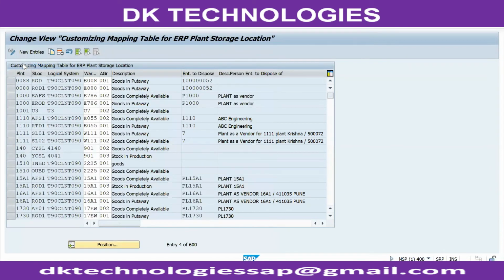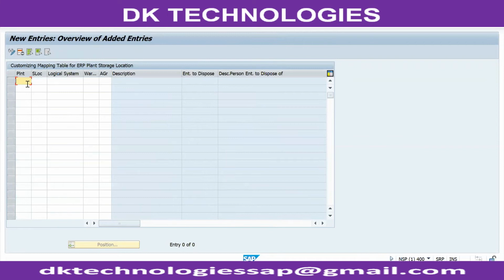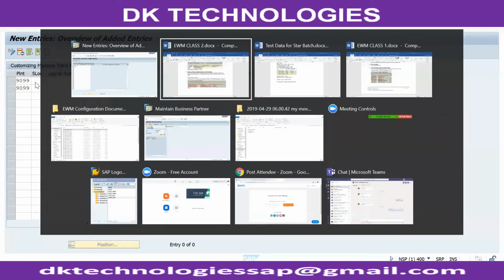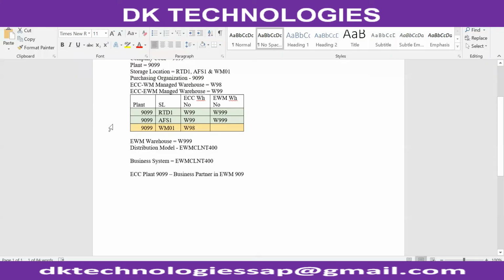We'll go to New Entries here to map it. What is my plant? 9099. It should be very tricky here, so carefully observe. Store location: I'm mapping only two store locations. I don't see there is a third store location, but it is not concerned to our EWM.